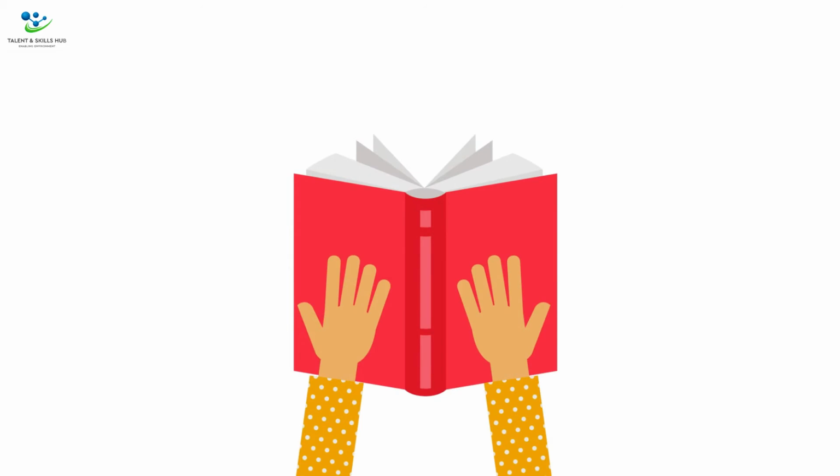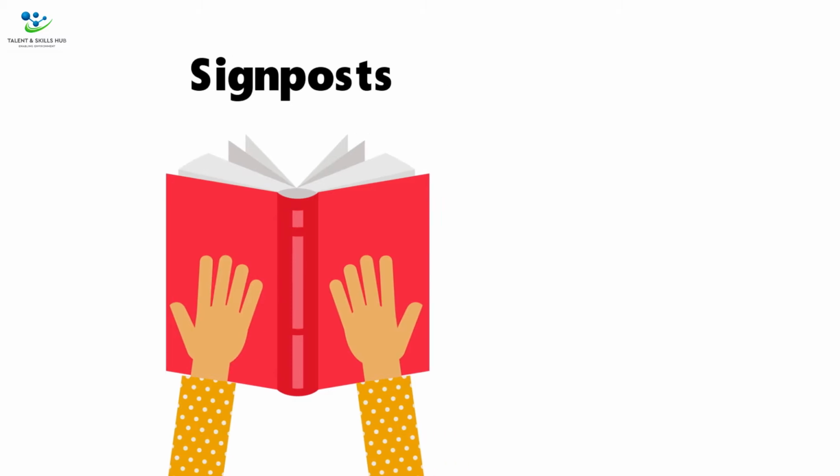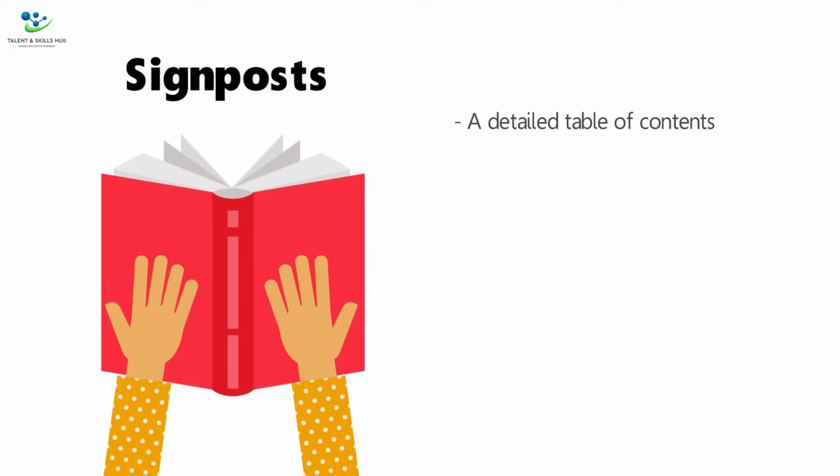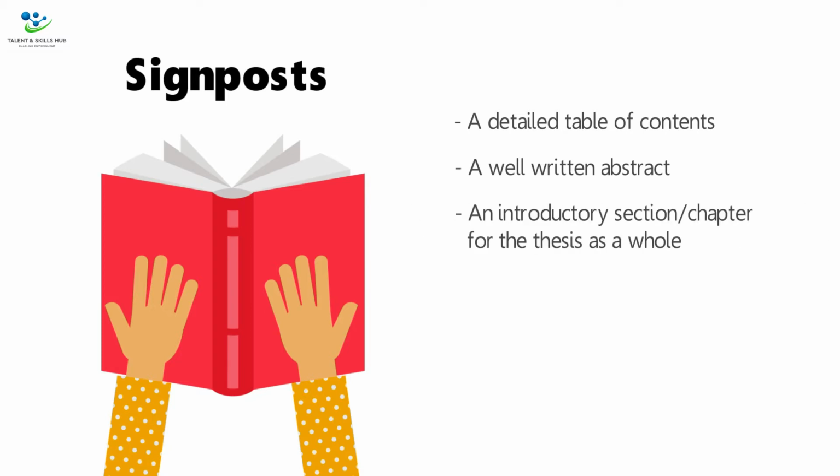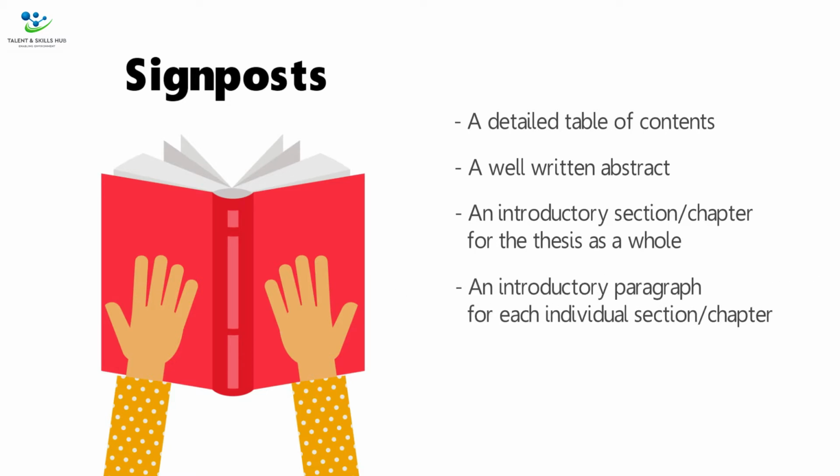To guide your readers through your writing, it should include a system of signposts, that is, things that explicitly or implicitly tell the reader what to expect. Signposts that you can use in your thesis are a detailed table of contents, a well-written abstract, an introductory section, or chapter, for the thesis as a whole, an introductory paragraph for each individual section, or chapter, a consistent system